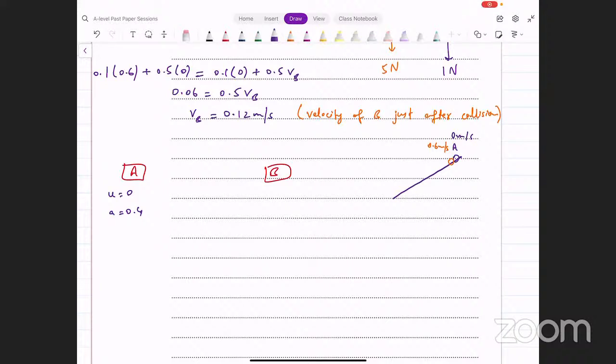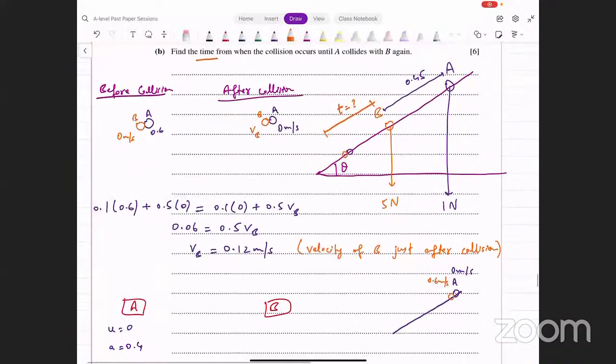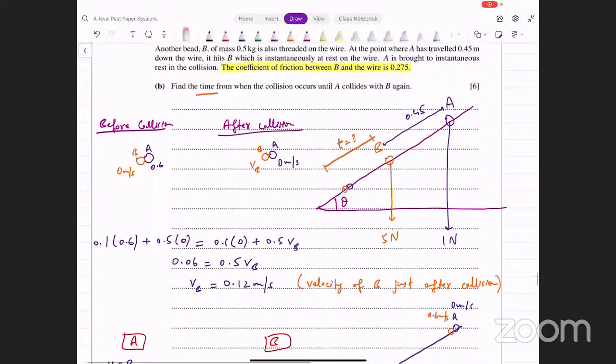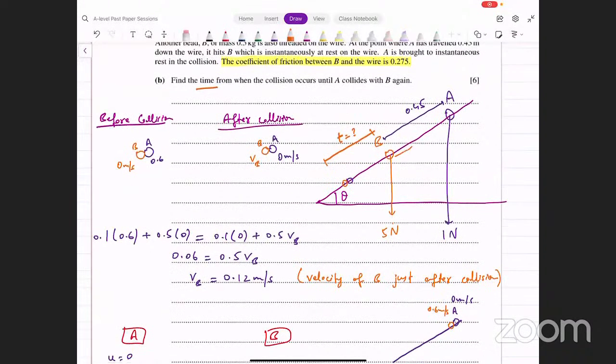What about B? B की acceleration हमें find करनी पड़ेगी। We can use the same method that we used for A earlier to find acceleration for B। क्या करेंगे? B के ऊपर forces देख लें कौन सी लग रही हैं। We got this 5 Newton acting here। Coefficient of friction उसने बता दिया, उससे हम friction निकाल सकते हैं। There's going to be friction that's acting in this direction on B। There's going to be this reaction, and that's it। ये आपकी forces है।